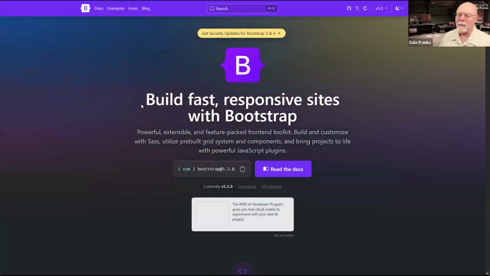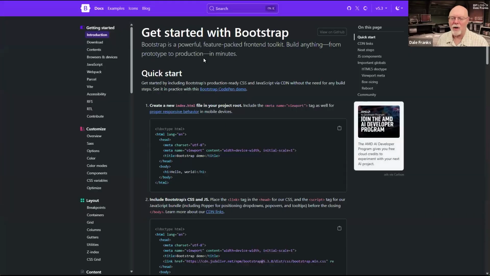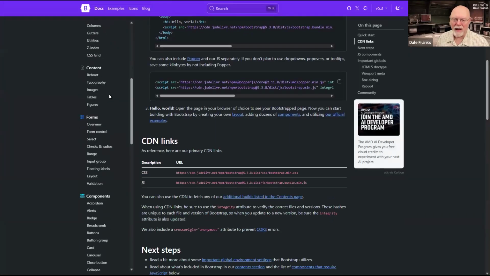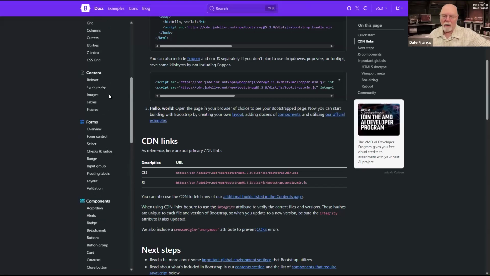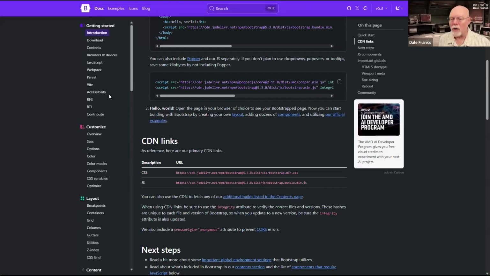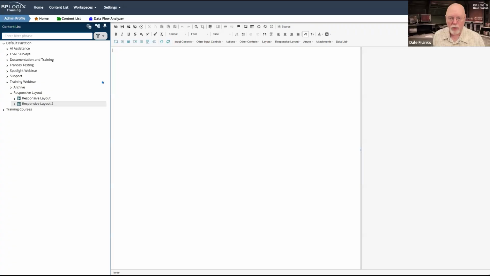And getbootstrap.com actually has documentation that tells you all of the different things that are available in Bootstrap. Now, Bootstrap is far more complex and far more feature-rich than what we have implemented. But we have implemented, I believe, enough of the Bootstrap framework to be very useful to you.